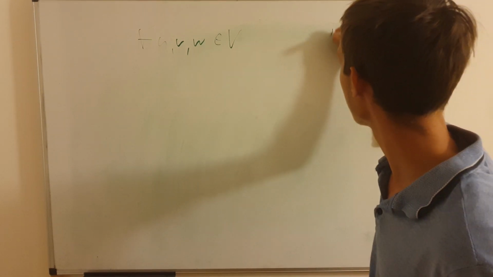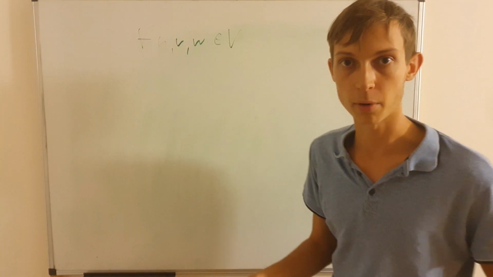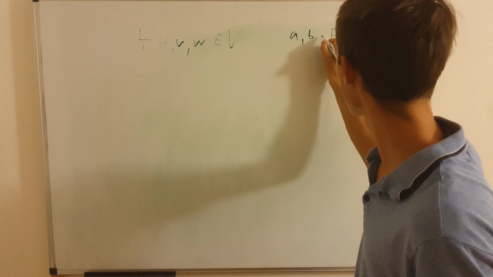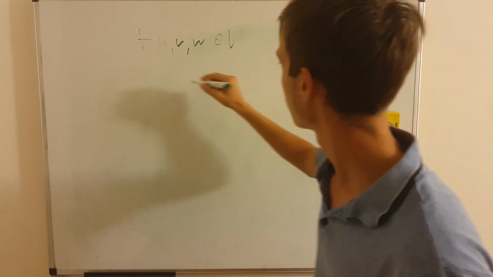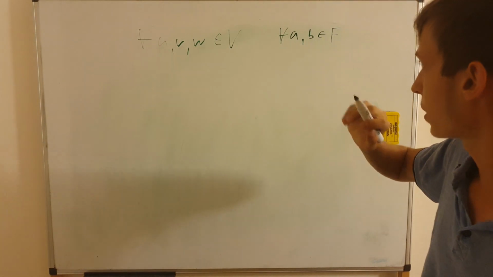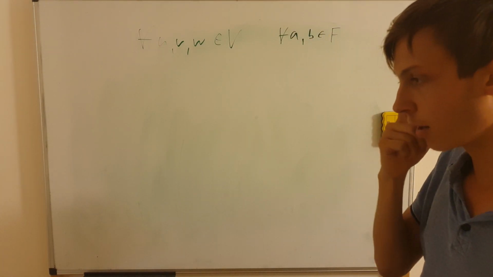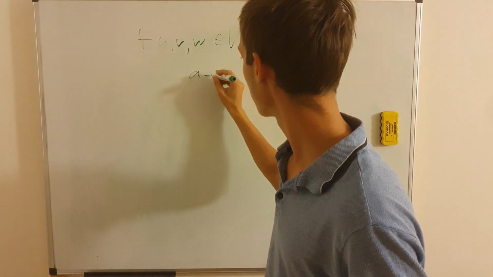Also, there is a field F. That field is very often, for example, the real numbers. And from this field will come some scalars. Let's say we use different scalars A and B. They both belong to F. So for any U, V, and W in the vector space V, that belong as vectors to the vector space V, and scalars A, B in some field F, we have some requirements in order for V to be a vector space. First and foremost,